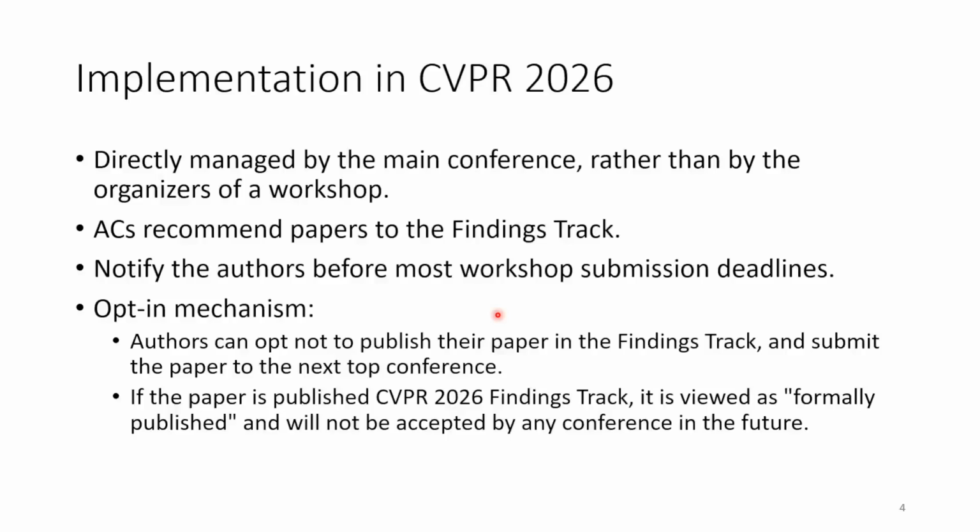Okay, so in CVPR 2026, the paper can only be accepted by the Findings track by the recommendation of area chairs. It means the authors cannot submit their paper to the Findings track themselves. Only if area chairs think, okay, this paper is good, technically sound, but novelty is insufficient, then they will recommend the paper to their senior area chairs to accept. And our paper belongs to this category.